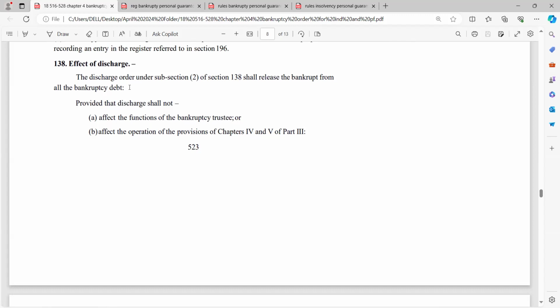Bankruptcy debt is defined. It is in section 17.5. Bankruptcy debt in relation to a bankrupt means any debt owed by him, any debt for which he may become liable, any interest which is part of debt under section 171. Any debt owed by him as on the bankruptcy commencement date. Any debt for which he may become liable after the bankruptcy commencement date but before his discharge by reason of, and any interest which is a part of the debt।